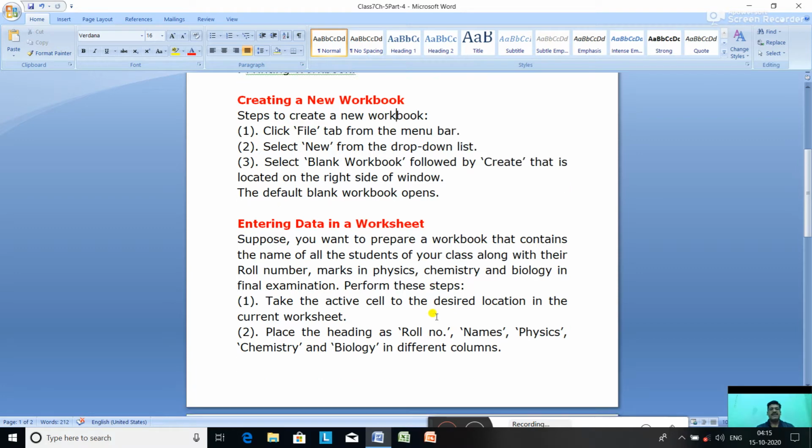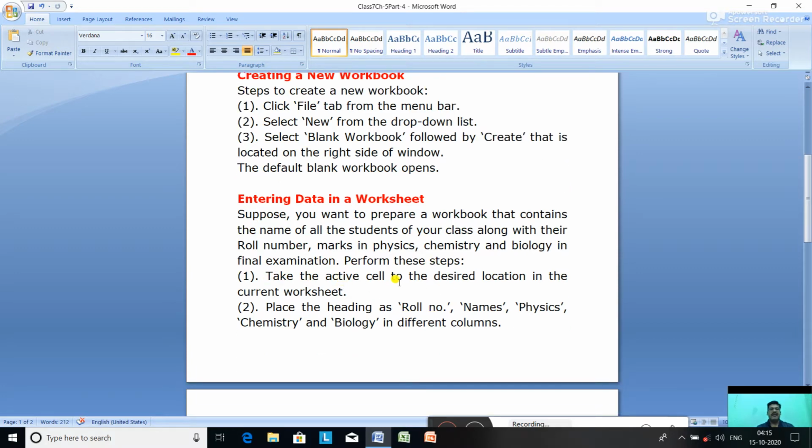So what will be the steps? Take the active cell to the desired location in the current worksheet. When you create a workbook, the first cell will be the active cell.